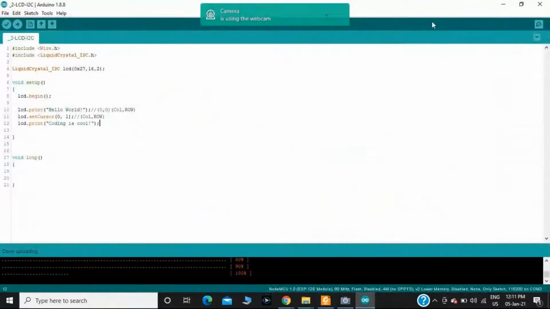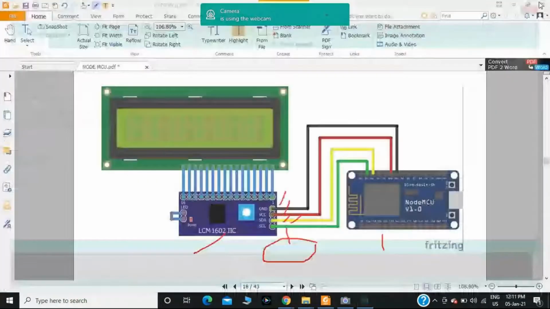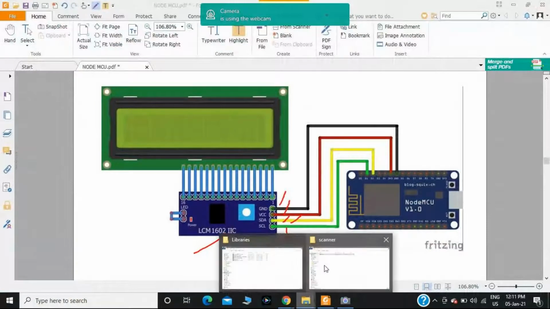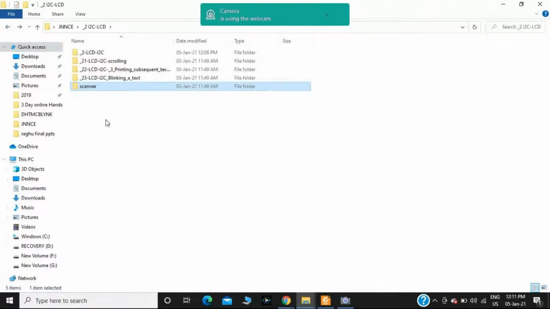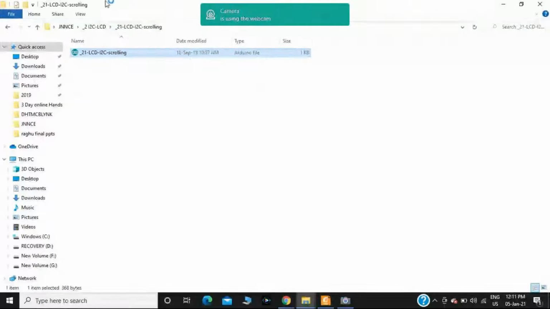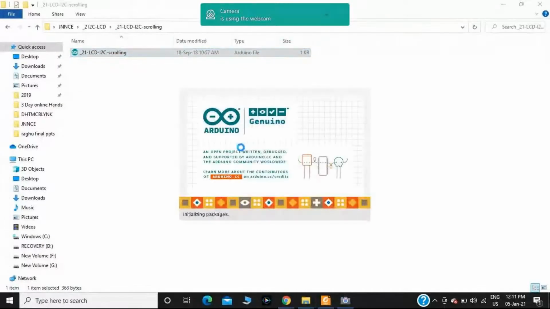Like this, we'll have some more examples. Now I'm moving towards the second example, how to scroll a message.